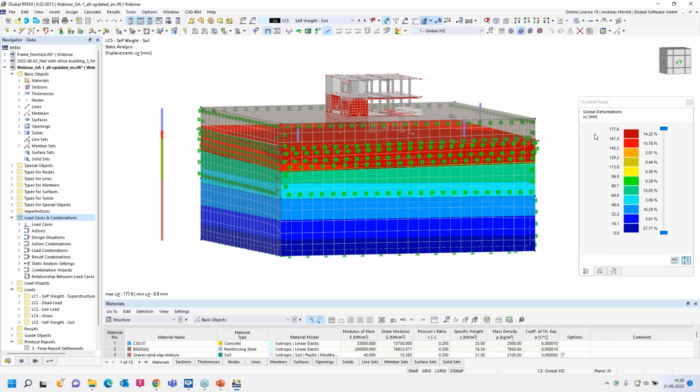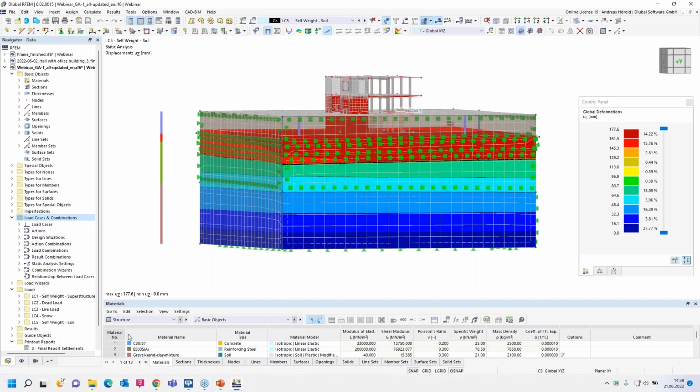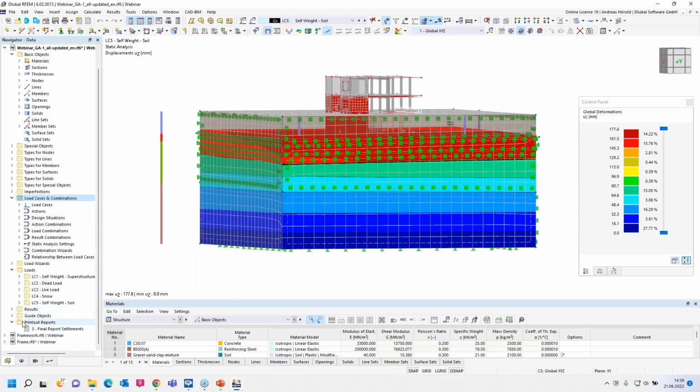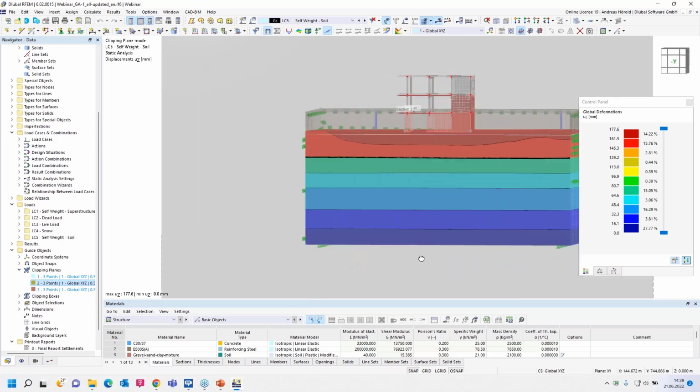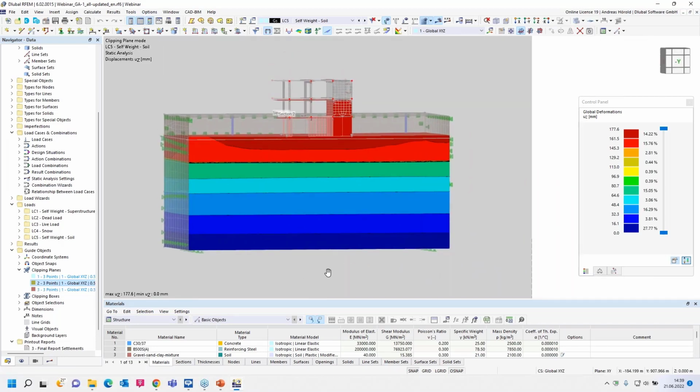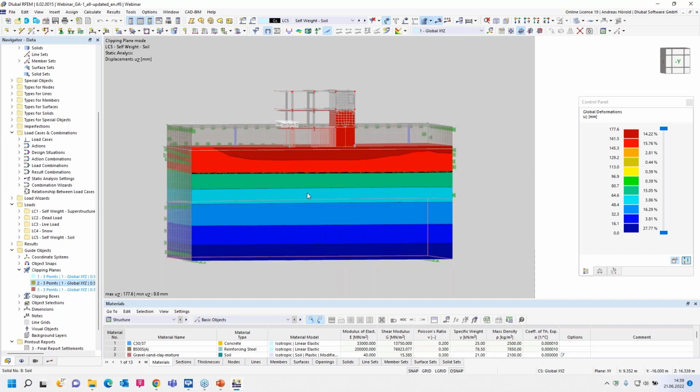Load case 5, we get global deformation of 177 millimeter. Let's take a look at the clipping plane. I left both. There are clipping planes. I activate this one so I can rotate it. So, and as you can see, the building here hasn't any influence for the self-weight of the soil load case, but